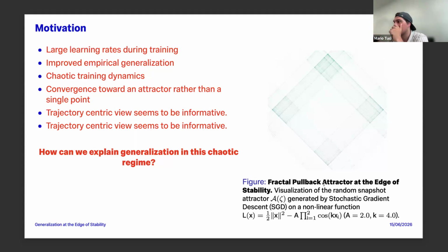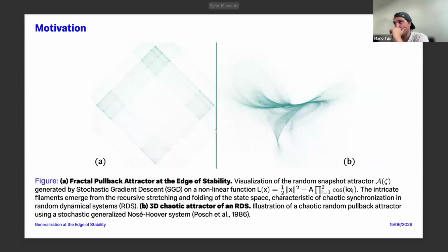Here on the right, you see, for instance, a picture of an attractor where we use this dynamics and run it with SGD, and we see it doesn't converge to a point. It actually goes infinitely many times around in this bounded set. Here is another example, the Nosé-Hoover system, which has a beautiful attractor that is kind of a fractal, and here the system before, whose attractor looks a bit like a chessboard. So they can be fractals, they can look really curious.